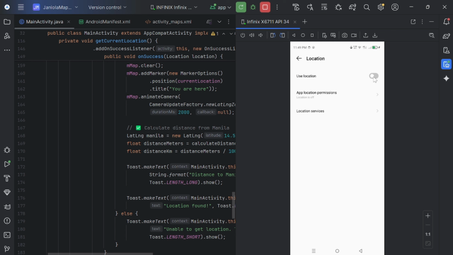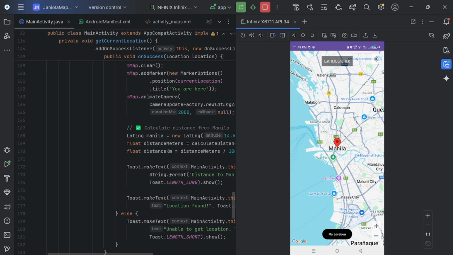So you should grant that for your application to access your location.